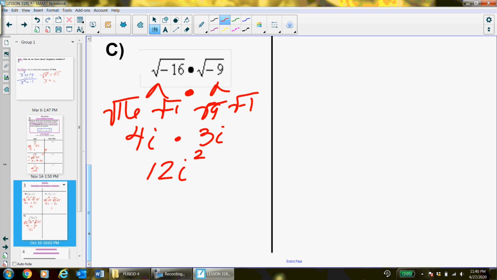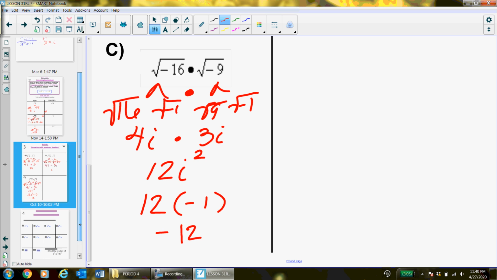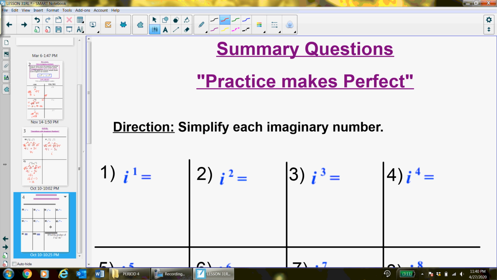And then here's a fun fact. i squared is the equivalent of negative 1. So 12 times negative 1 is negative 12. Okay. So here,